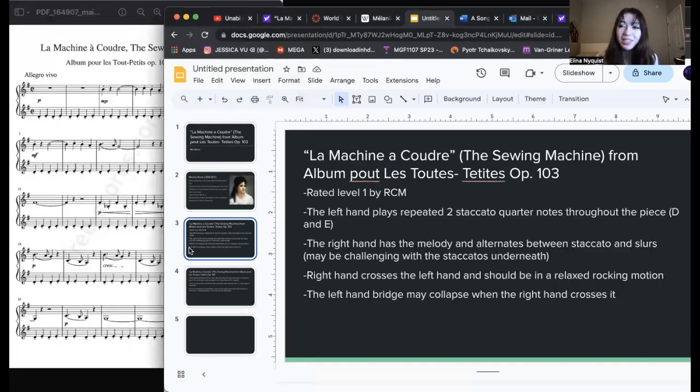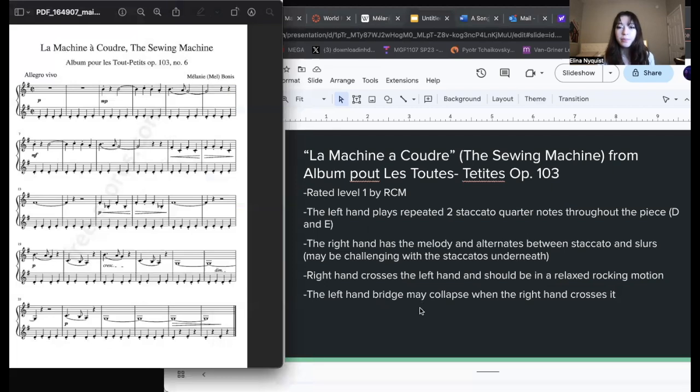Moving on to the piece that I chose. The sewing machine is rated level 1 by RCM. This piece has